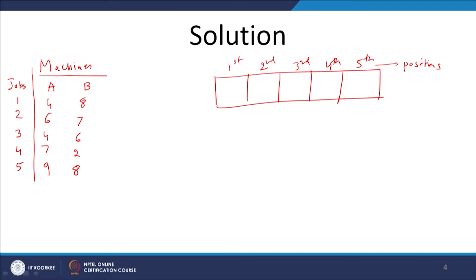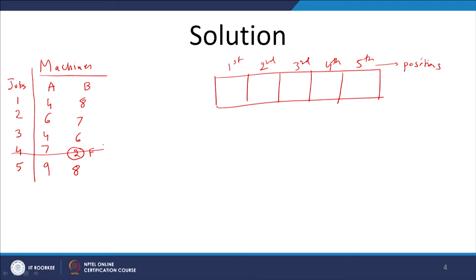Now, we do not know whether the first job is going to come at the first position or the second job at the second position, but according to Johnson's rule we have to first find out the overall minimum, and if you look at the data that is given, we find that 2 is the minimum. So, this is the first iteration. Therefore, we will strike off this particular row,